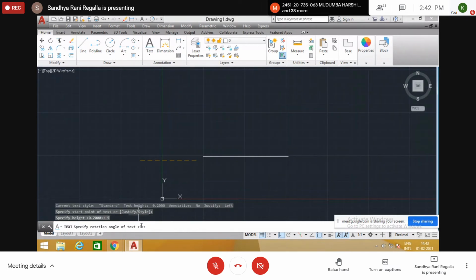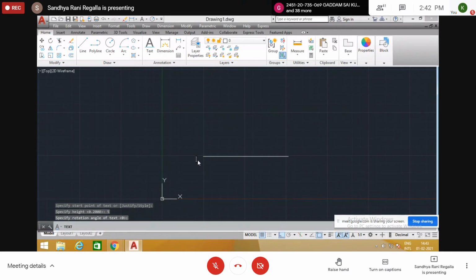Rotation angle by default is 0. 0 means we get horizontal text. If you specify some rotation angle, the text will come in that direction. So always we write in the horizontal direction only. So give 0. Enter. Now if you type X here, we get X here, and click here again, Y.